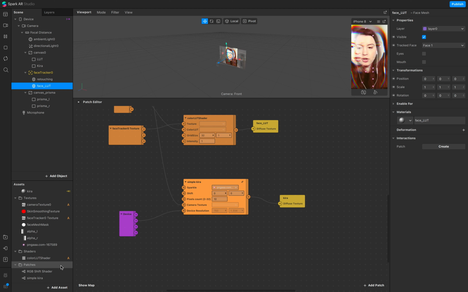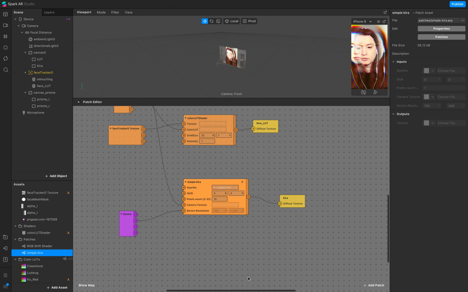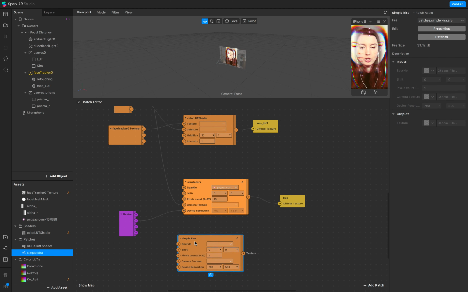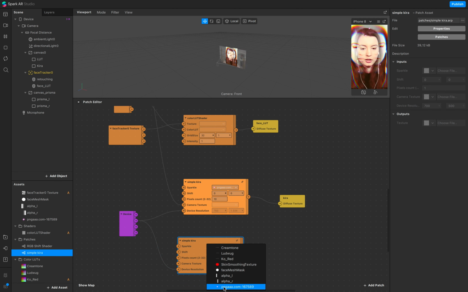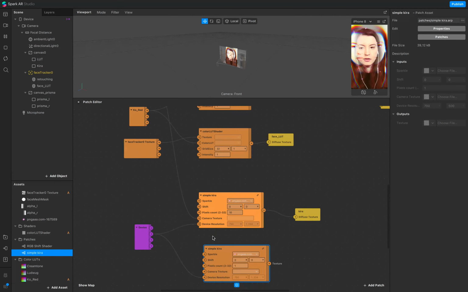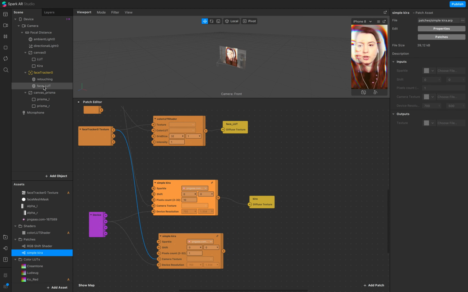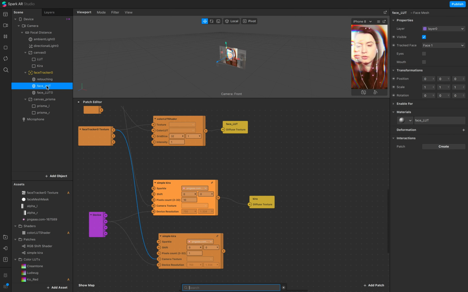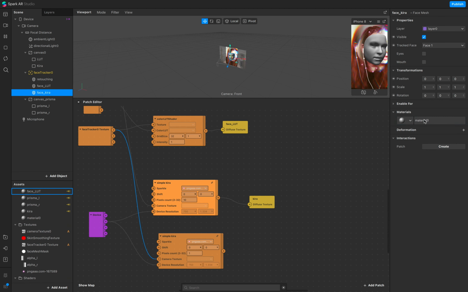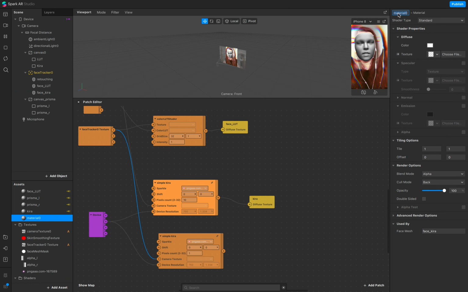We need another Kira for our face. Because we have the same settings in device size and sparkle, but we need the setting of our face tracker right here, not the camera texture, to make sure that it works. And copy this one and add a new material, create a new material, face Kira